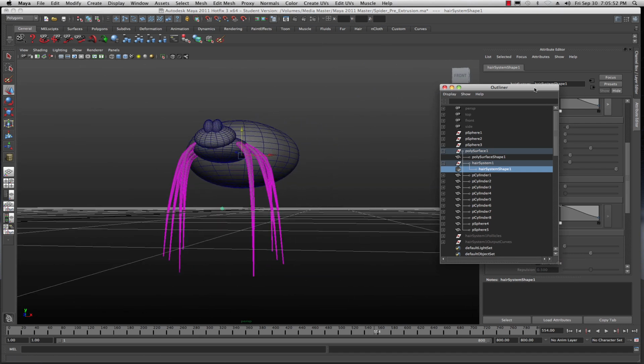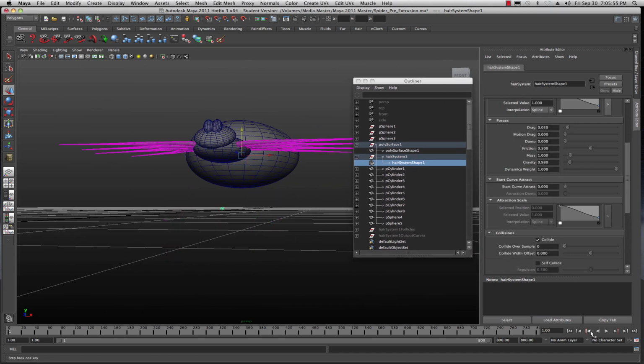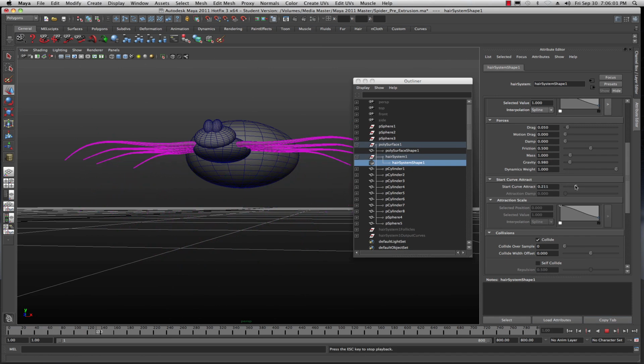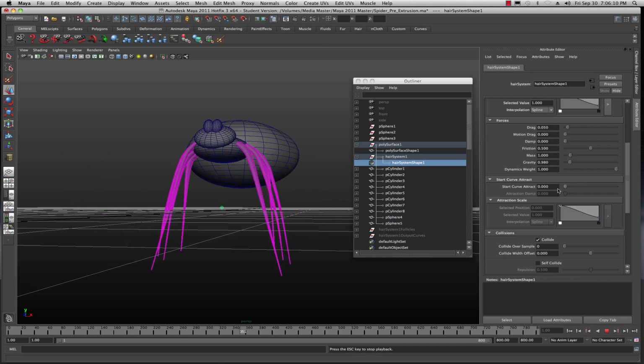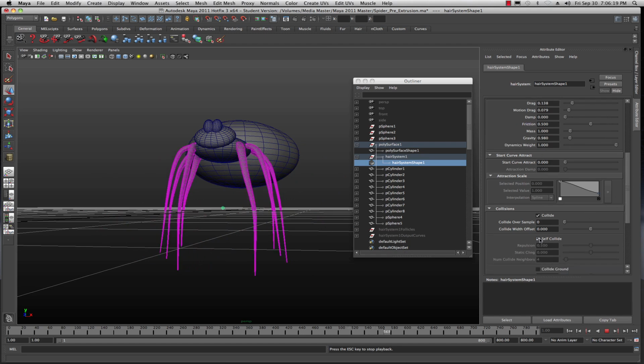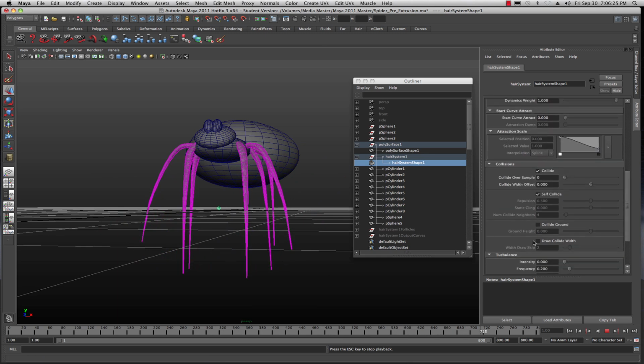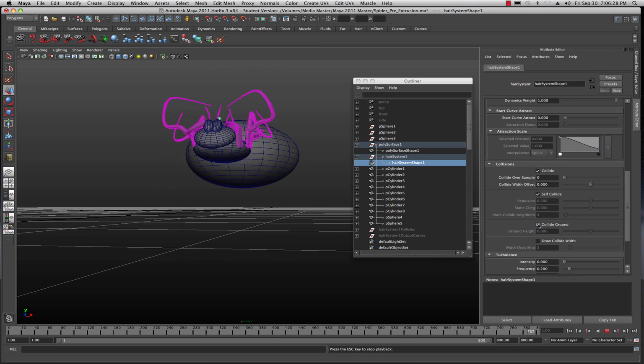Let's take a look at him. There it is. I'll go ahead and start the animation and see if my curve attraction is working, which it is. These should be fairly predictable results. Most of the time you'll be able to mess with various things that are predictable. You can always mess around with drag and motion drag and stuff like that. They're all just controls. You also might want to turn on your self collide. That'll give them a little more leeway depending on what you need them to do. And you could have them collide with a ground plane if you want. In this case, my ground plane is right there, but if I bring that down,